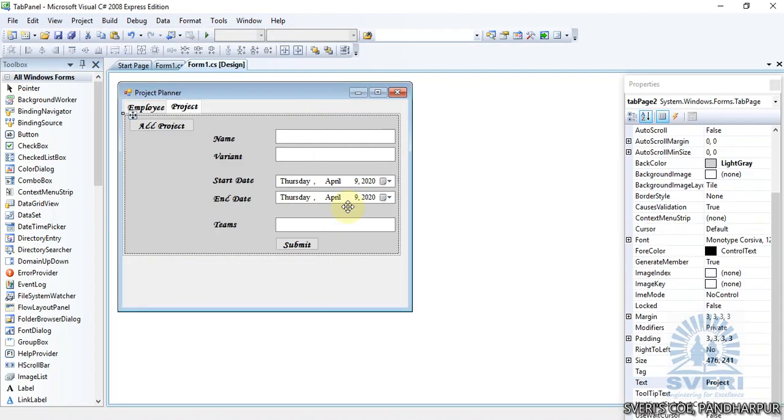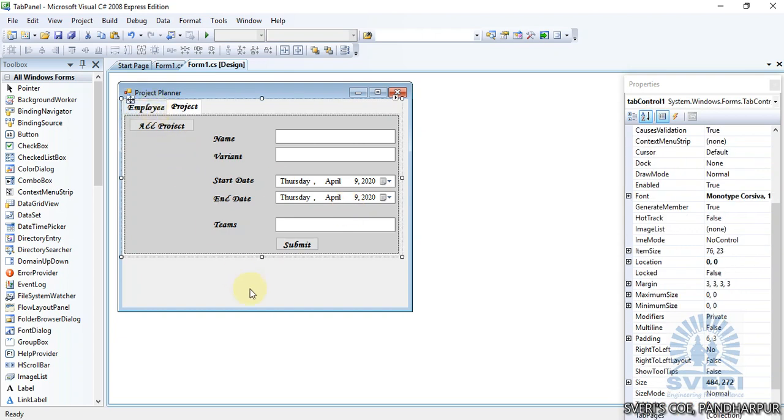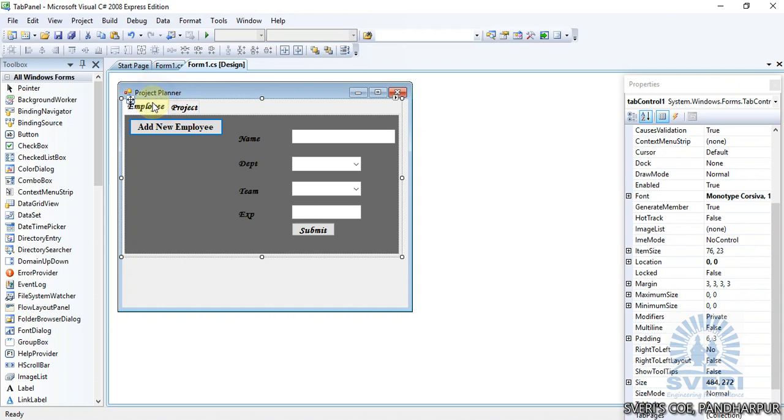So this is how we can design any window for an application using the tabbed control. You can add multiple tabs within this. You can consider this as a menu bar also, and these are the various menus, but it will not work as a menu, it will work as a page, a tab for us. Whenever you click, it will open the complete tab. So first of all,